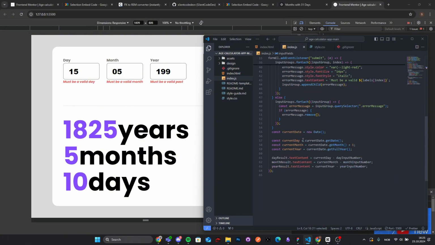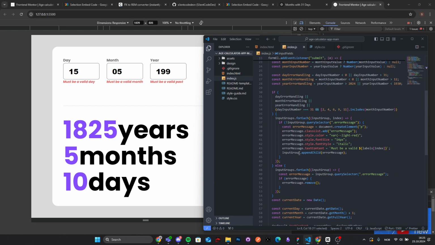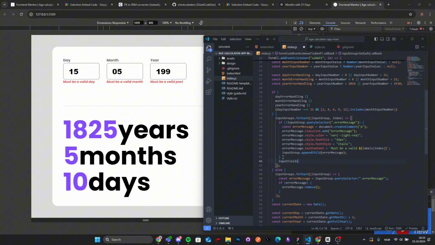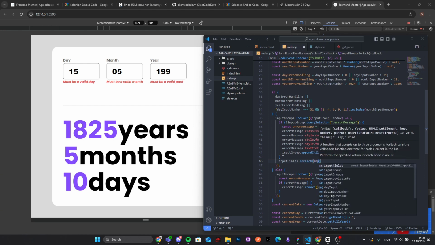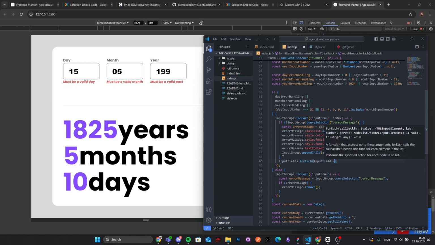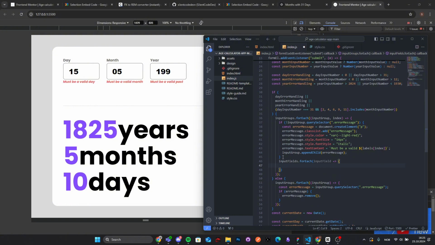I named it input fields, and we are going to do it. Let me see. Yeah, we do it here. So input fields, for each input field, we want the input fields style border equals